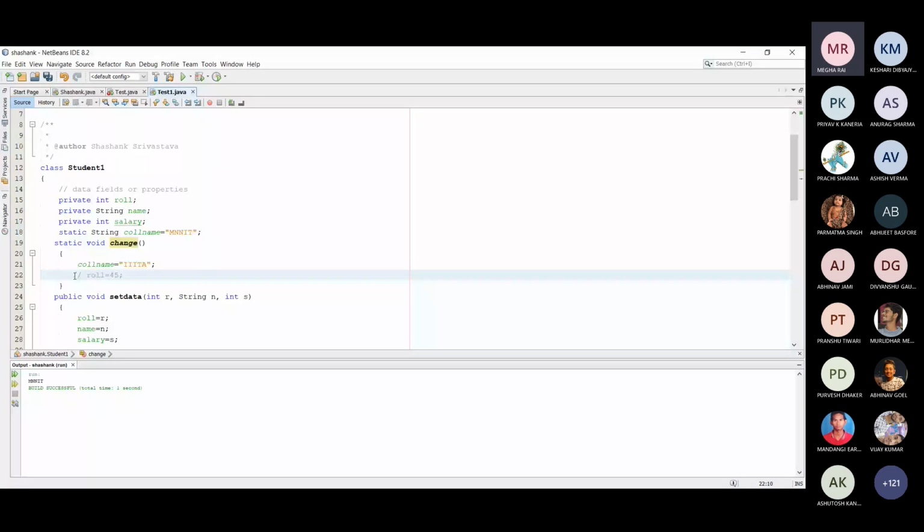So the rule is: a static method cannot access non-static fields, meaning no static method can access non-static data fields or data members. This is the rule.